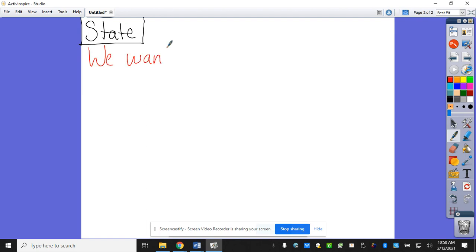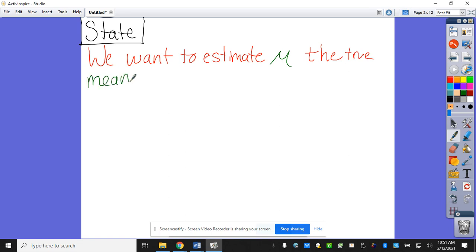So we want to estimate... I have to decide if this problem's talking about means or proportions. We haven't talked about means or proportions yet, so that part should be obvious. But how do I know that this problem's talking about means? It says the word means. So just like before, we shouldn't have issues with that. So we're dealing with mean. So we want to estimate, what's the variable that we're estimating? Mu, which is the true... And then in context,